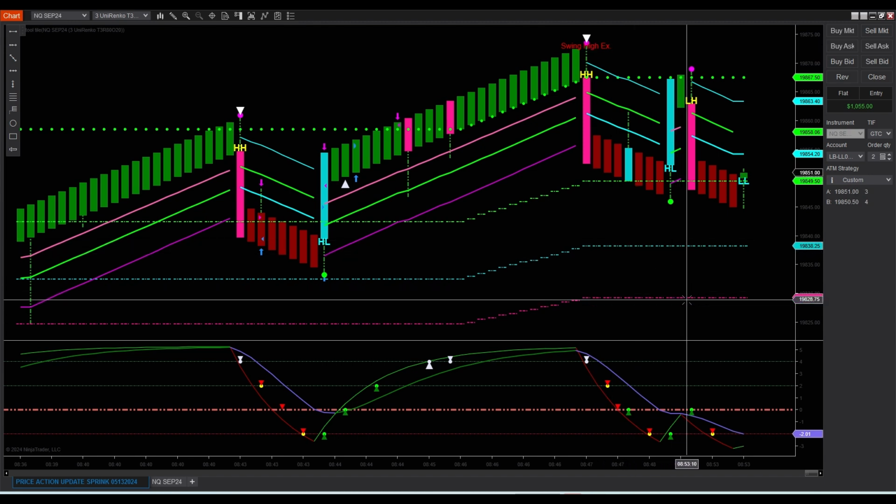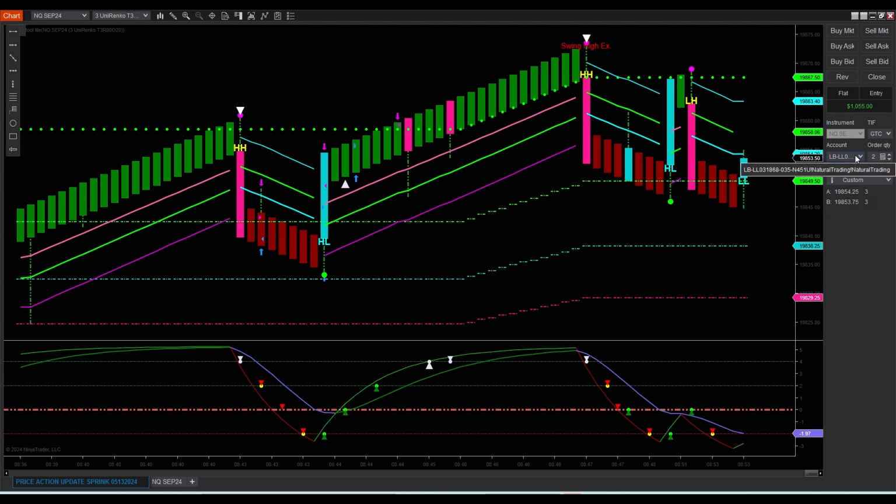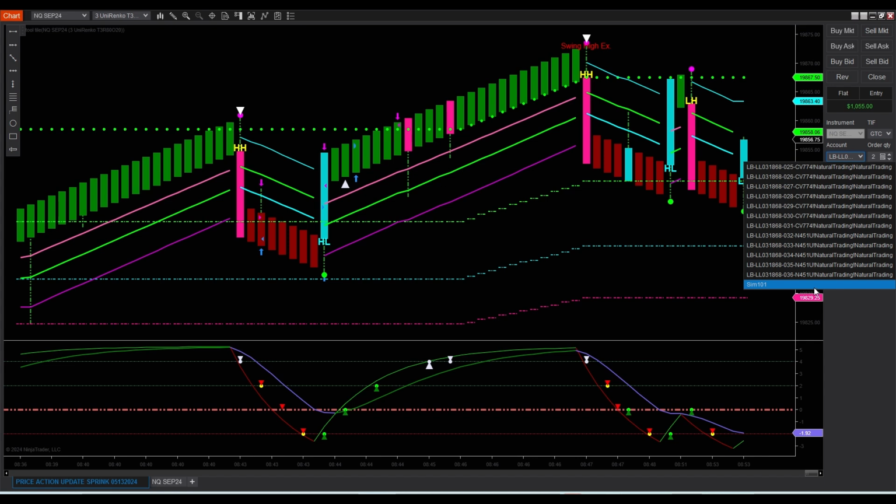This gives you the swing highs, Fibonacci levels. So many different ways to trade this. Once you get comfortable with what you do, then you can just trade it. So I'm going to change this. I'm going to go sim